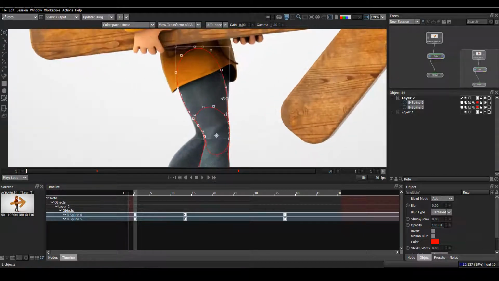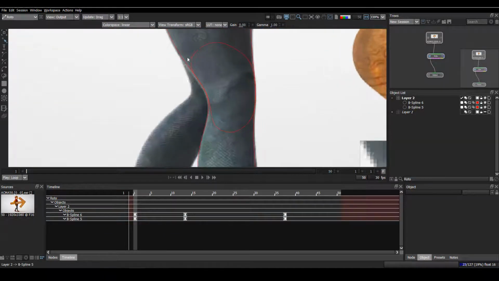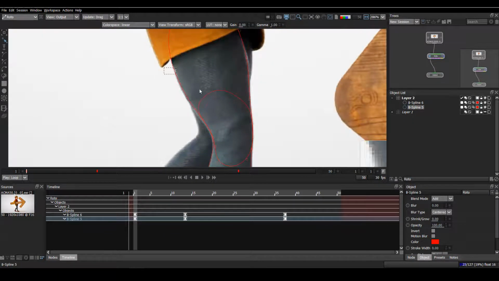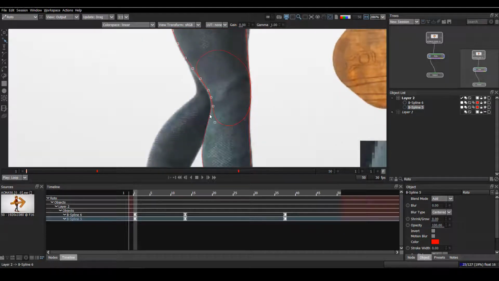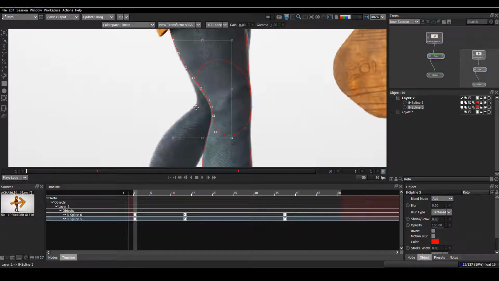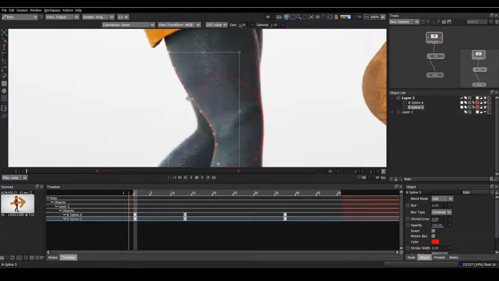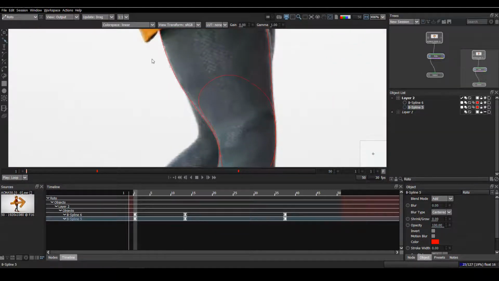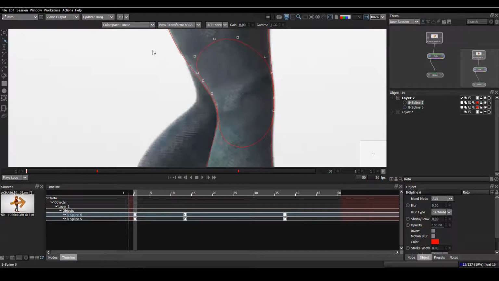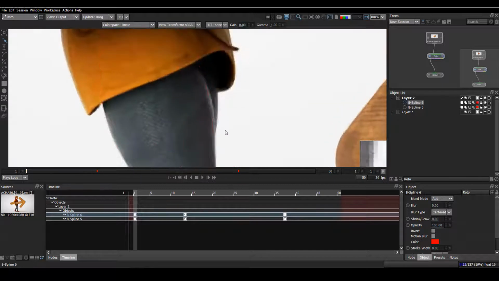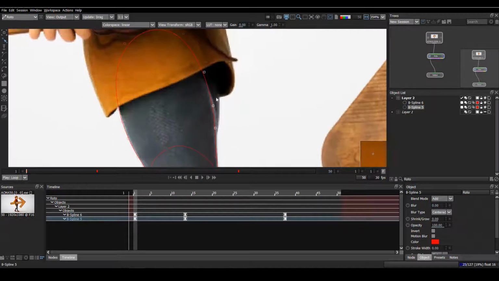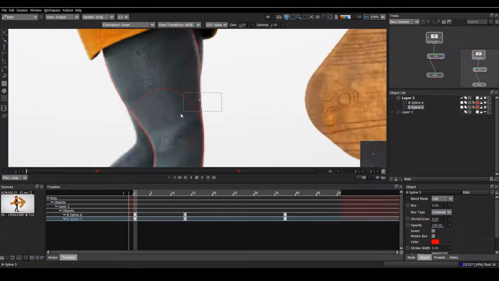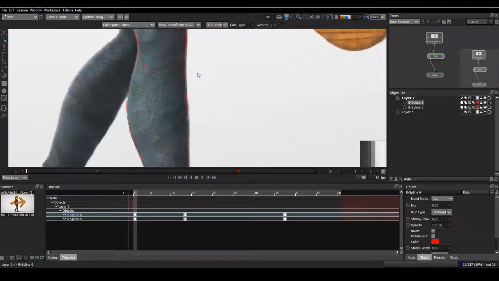After that we can see some mismatch, so I select all these points, press T, hold Alt and drag it like this. Here I'll just move the points and match this spline also. On this side we also need to match, and here also, so I matched it.